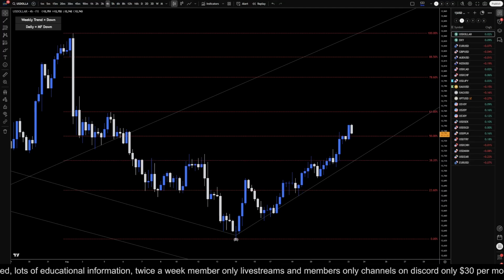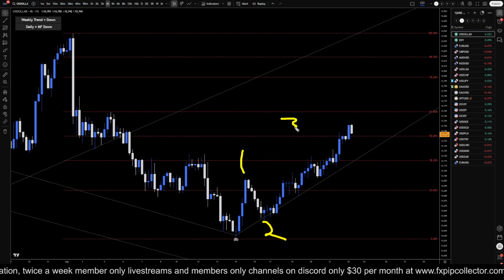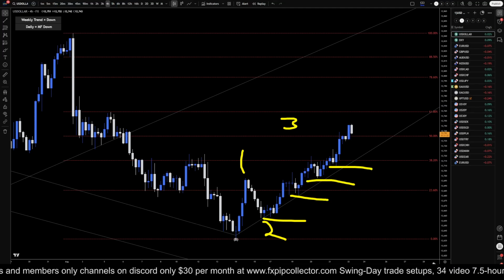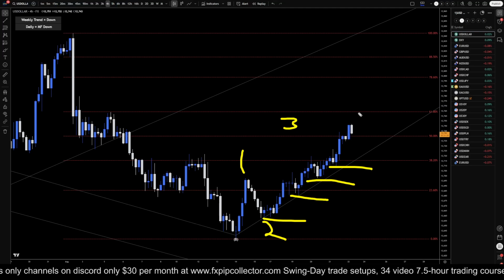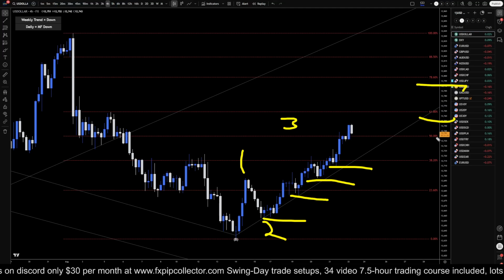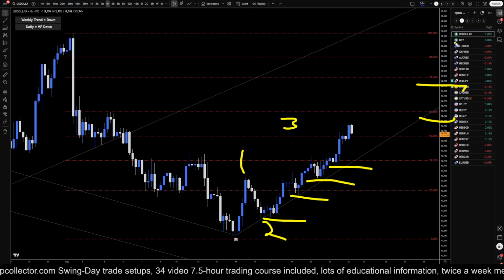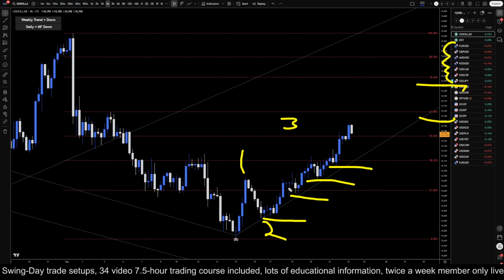Going down to the 4 hour time frame, it looks like a wave one, looks like a wave two, looks like we're in the middle of a wave three. Notice the higher lows, higher lows, higher lows, higher lows. As long as we don't get a break of that high low, high low, high low series at a Fibonacci retracement level, then I definitely would be doing nothing but looking for longs on the US dollar via the US dollar pairs themselves, especially on pullbacks. The trend is definitely your friend.